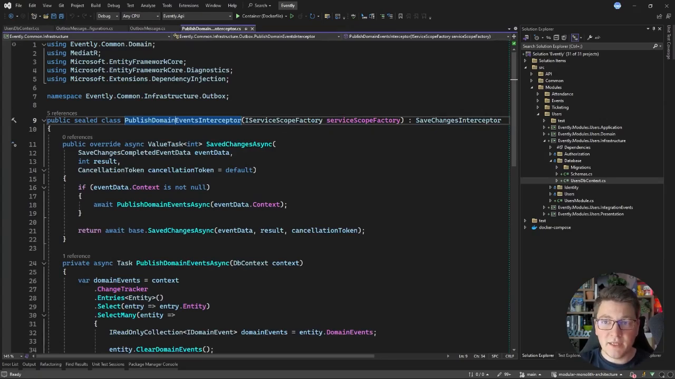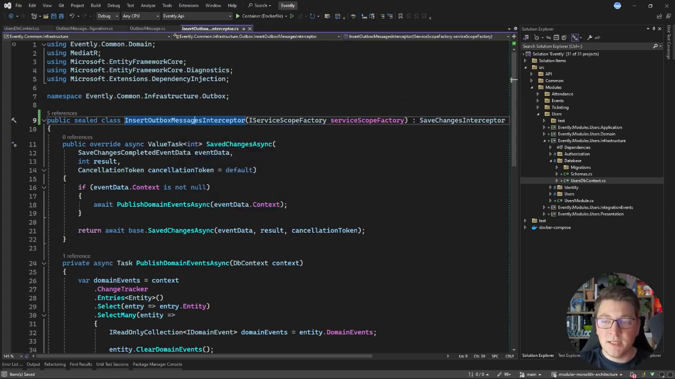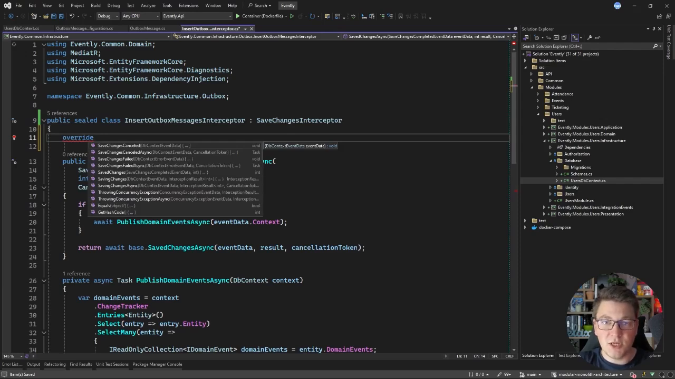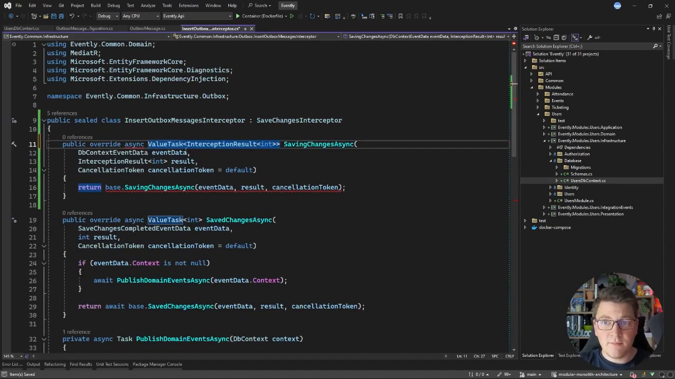And now let's go ahead and update the publish domain events interceptor. I will start by renaming it into insert outbox messages interceptor. Then I'm going to get rid of the dependency because we won't be needing an IServiceScopeFactory anymore. And I'm going to override a different method for the save changes interceptor inside of my insert outbox messages interceptor. And the one that I'm interested in is saving changes async. If you recall from our diagram at the start of